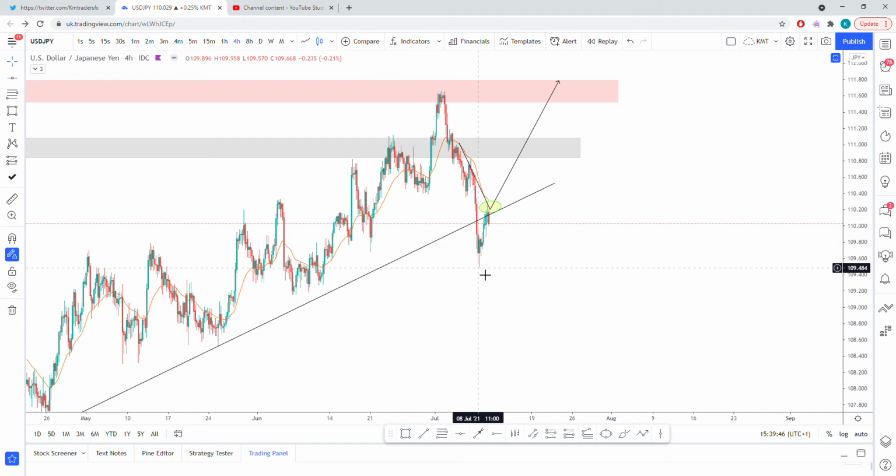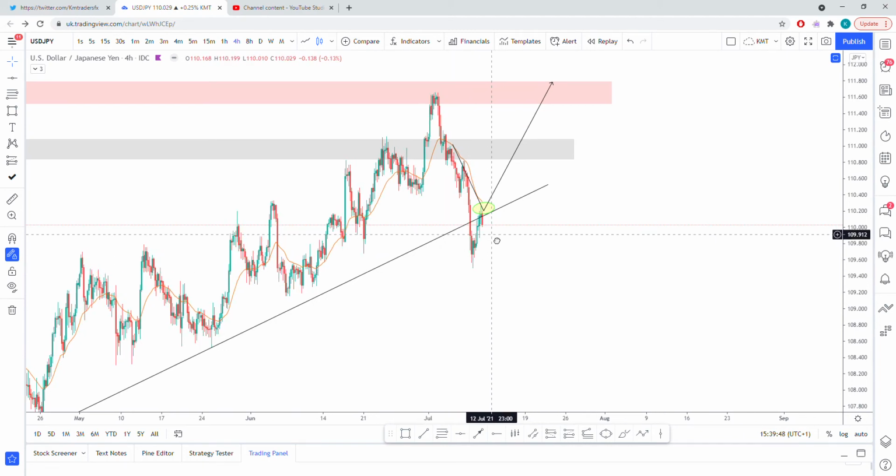So what I'm going to be looking out for is potential plays for either a push up, because what I was mentioning last week was a potential fake out if we start to see price really start to reject some points of here. But as you can see, price action hasn't really done so, and this could be a nice potential manipulation point. So if this starts to push higher,